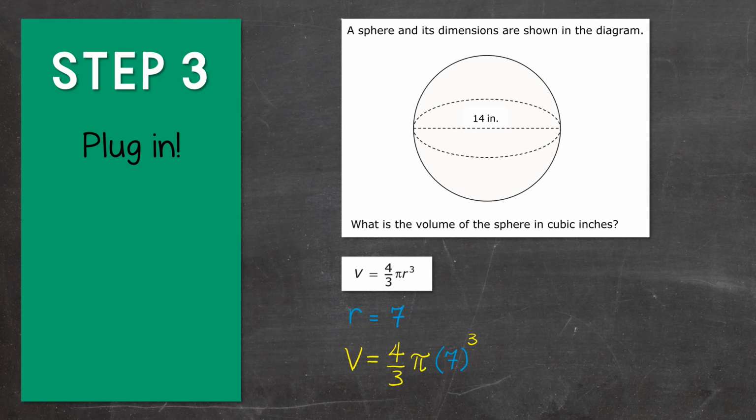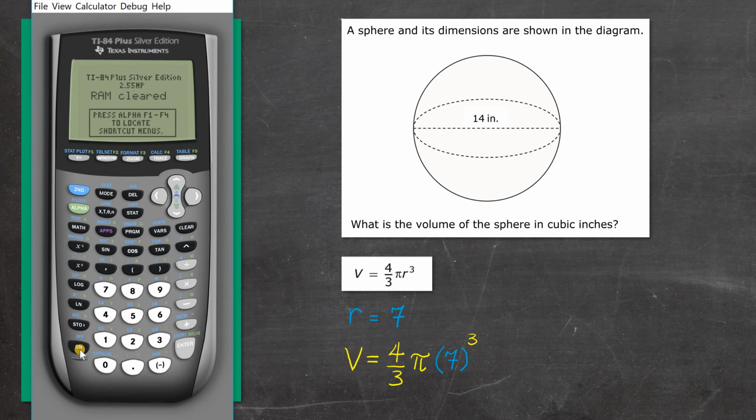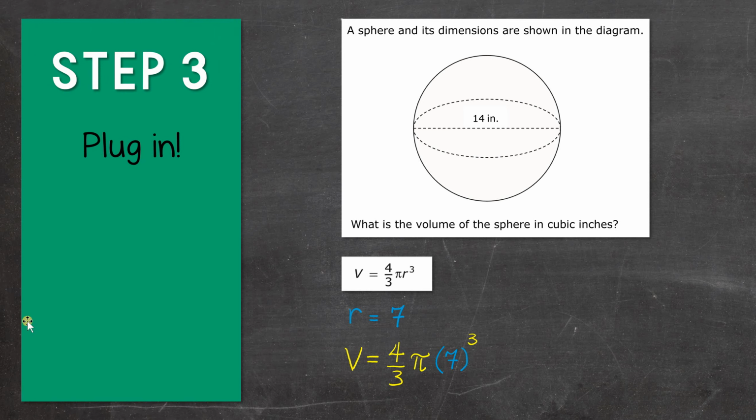Alright, now it's time to plug it into your calculator. So we have 4 divided by 3, that's the same thing as 4/3. We need pi, then times 7, and to cube it, I'm going to use this up arrow. So there we go. Alright, since that number is greater than 5, I'm going to round up. So our answer is